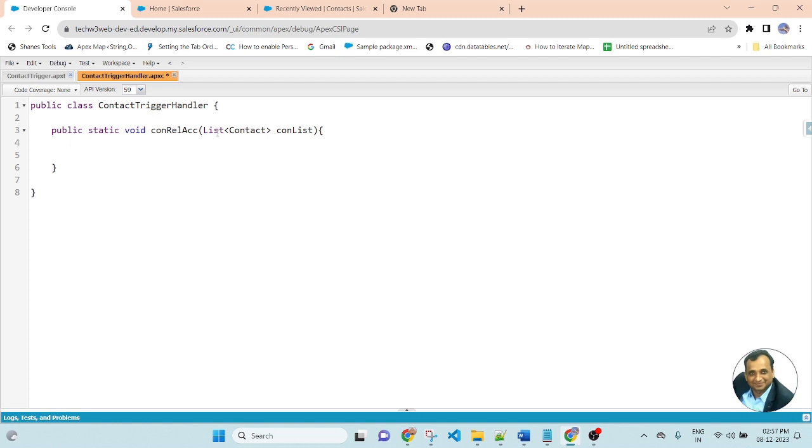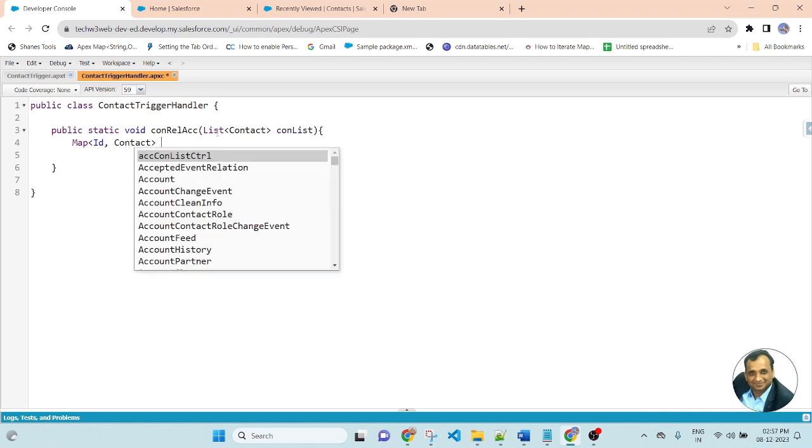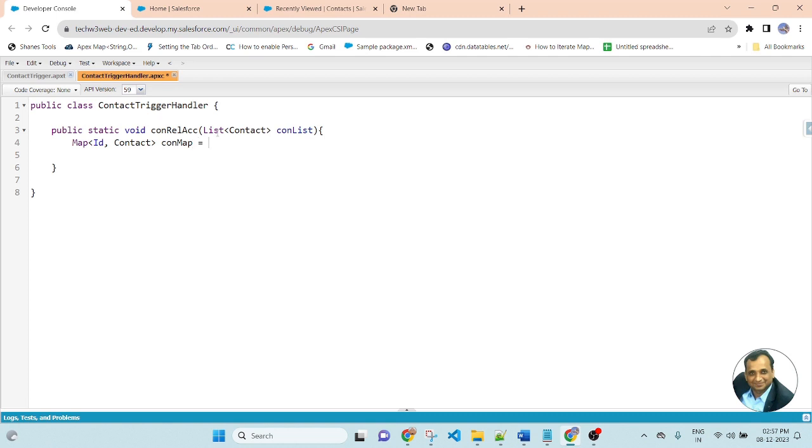After that, we will create a map, ID and contact, phoneMap equal to new map, bracket and semicolon. So here I created a map of ID and contact.